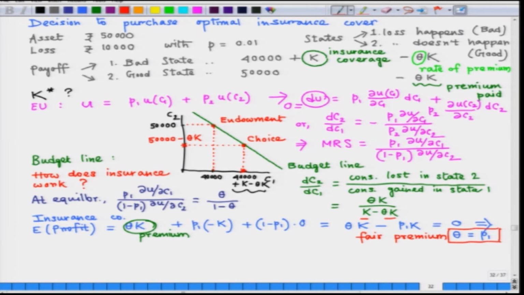Okay. So, now if we insert this fair premium value theta in the consumer's equilibrium condition denoted by equation 1 here. So, let me denote this by equation 2. So, insert 2 in 1 to get another interesting result, and that is